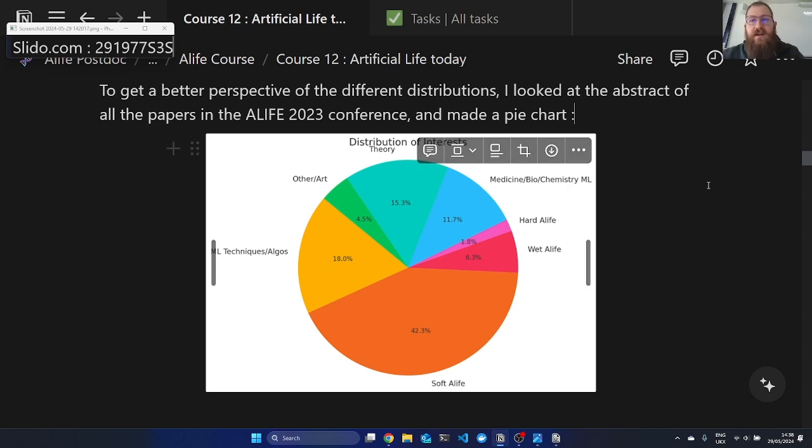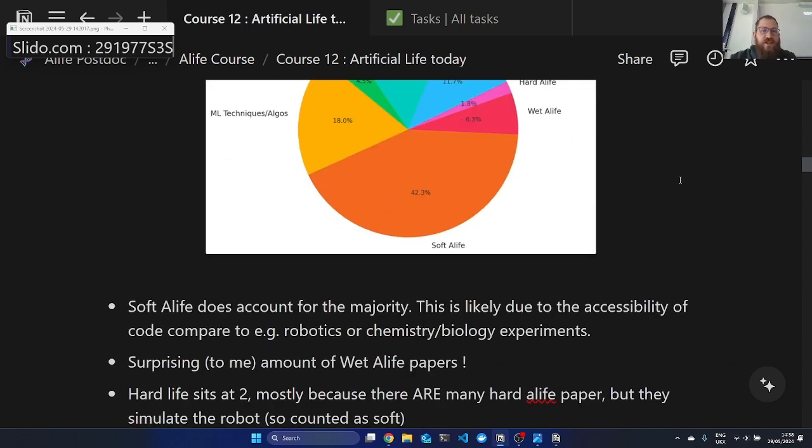And then the last part is, I don't really know why it's in the ALIFE conference, but it is: some papers of which the subject is medicine or biology or chemistry, usually with an application of a machine learning technique. For example, there was the development of cancerous cells. I don't know exactly what he was talking about, but you can say that it's related to ALIFE because a tumor is some sort of living system. So that was also a relatively big part. This is the kind of papers that came out of artificial life, just to give you an idea.